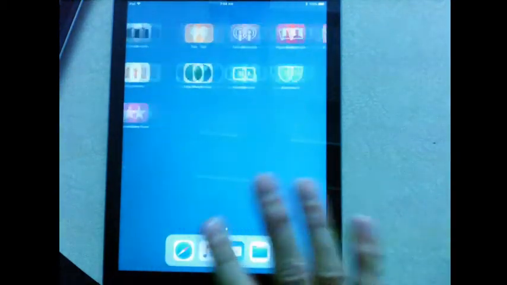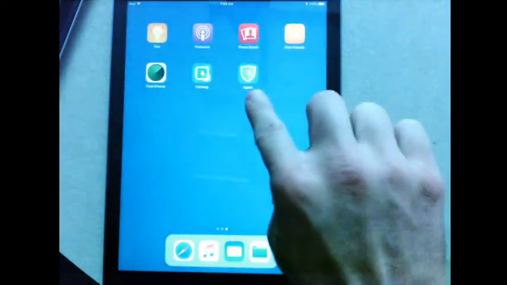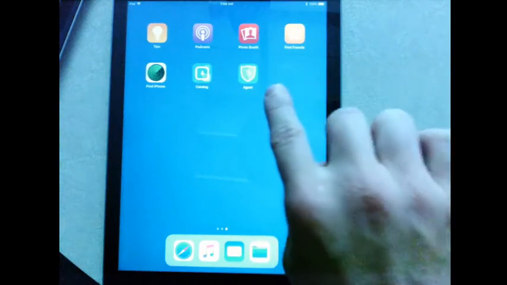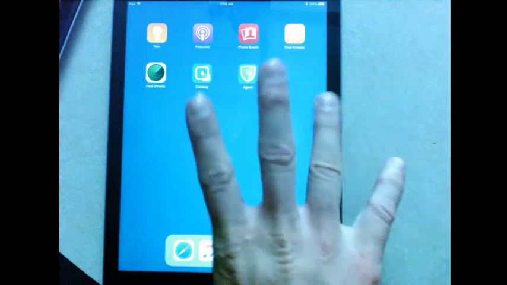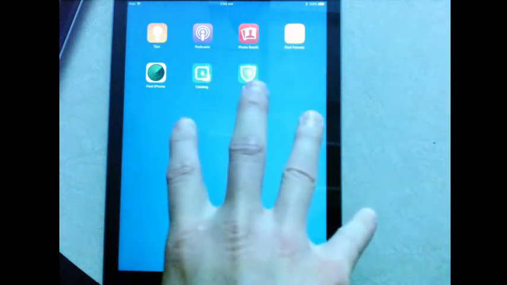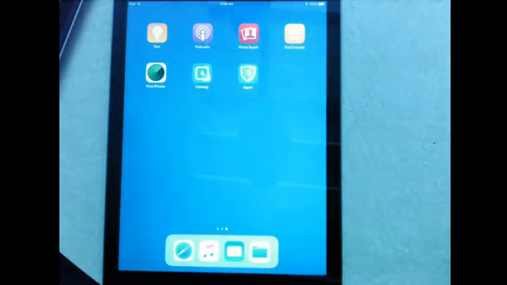Right now, it really is all network dependent. The agent just got deployed, which is the sort of brains that makes this iPad talk to AirWatch. Depending on your network connection, it may take some time for those apps to come in and for it to get the different apps that we have deployed for AirWatch.